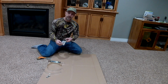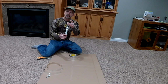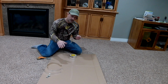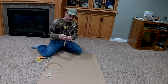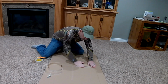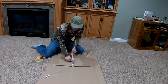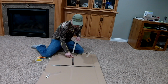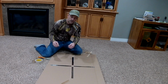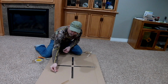So I'm starting off with 2-inch tape, and what I'm doing is I'm going to cut it into strips, roughly 1 inch each. And I'm going to make an X or a crosshair on the target. I'll make a couple of patches like this, and after I take my first shot, and let's say it strikes